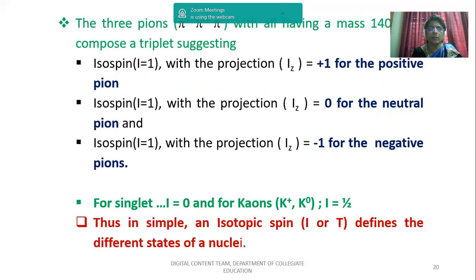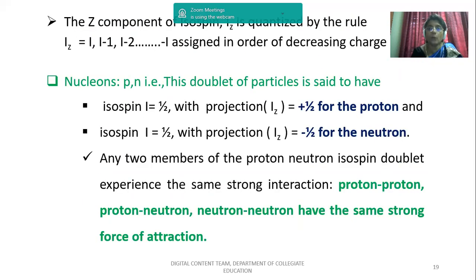So here, if you want to find how many particles there are in a doublet, since you know the value of I here, which is half, you use the equation 2I plus 1. 2 into half is 1, plus 1, 2. So there are two particles in a doublet where the I value is half. That corresponds to proton and neutron, which belong to a doublet. So in this way, you can analyze how many particles are present in a particular group.